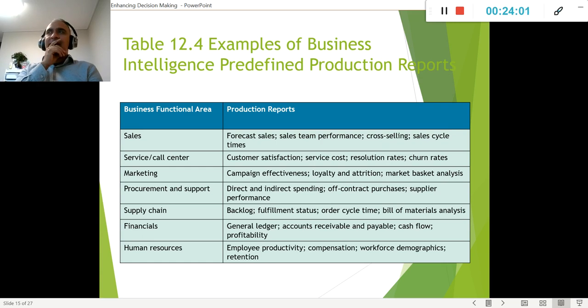Nobody comes up with their own ideas. So in this case, like I said, we have different examples. I was telling you about production; it can also be sales. We can forecast the sales. If we keep doing the same thing that we're doing right now, what do we see in the future? Service calls, service center: how many calls we got a day, how many we dropped, what was the duration of the call, the satisfaction, marketing, etc.